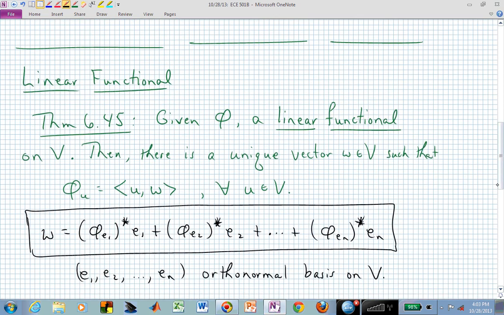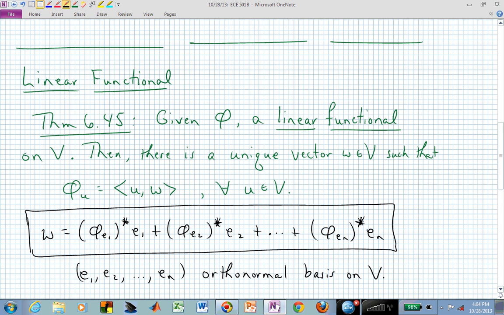As a review, just to get us back up to speed and thinking linear algebra, Theorem 6.45 deals with linear functionals. If we're given a linear functional, which is really just a map from our vector space V into the field of numbers that the vector space is on, so we're really just mapping from a vector space to a scalar, then